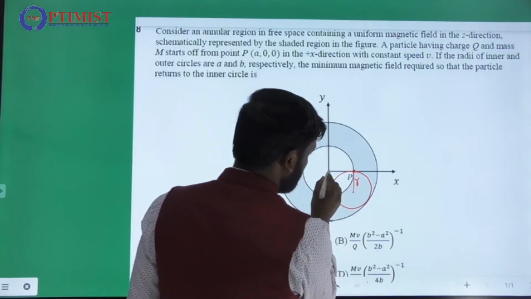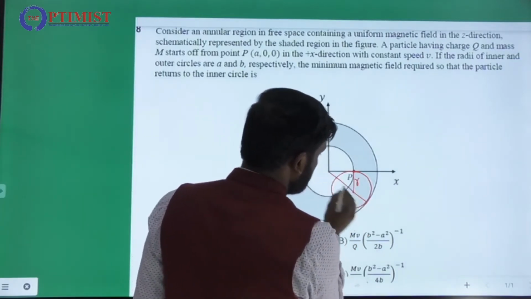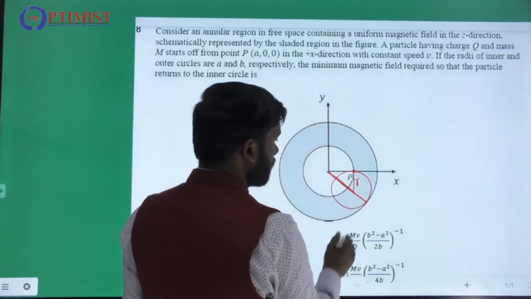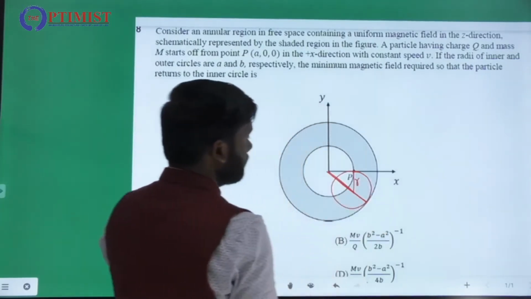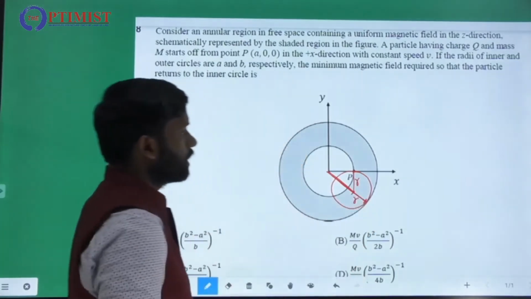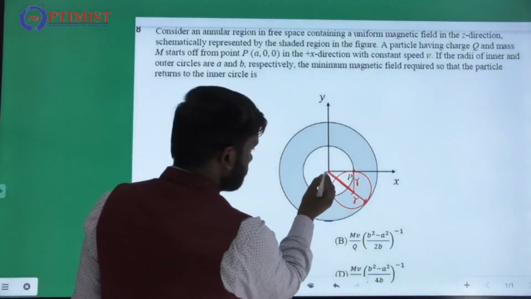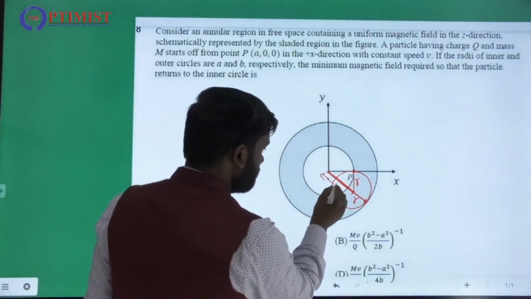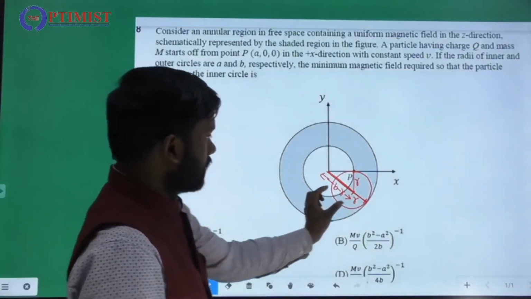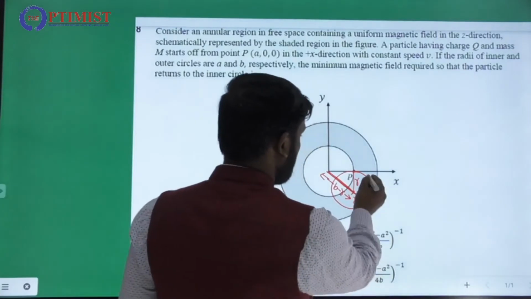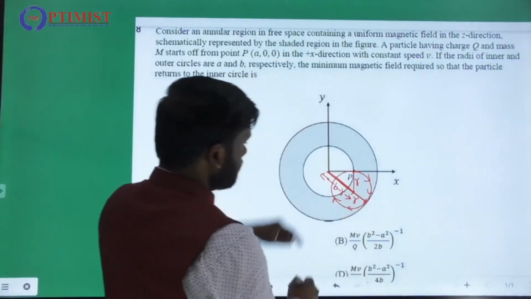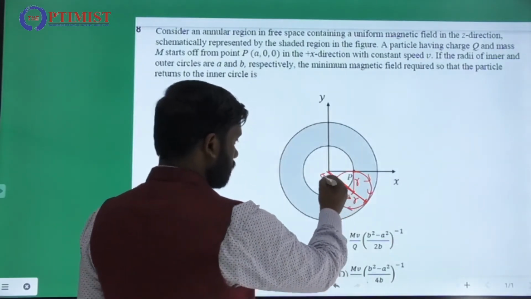Now this complete distance here to here is actually the outer radius. So this complete is b. But here to here, this distance is actually r. So remaining this distance will be b minus r. Because here to here is the radius of this circular path, particle is moving like this. There is no magnetic field in this region, so on reaching here, particle will go straight.